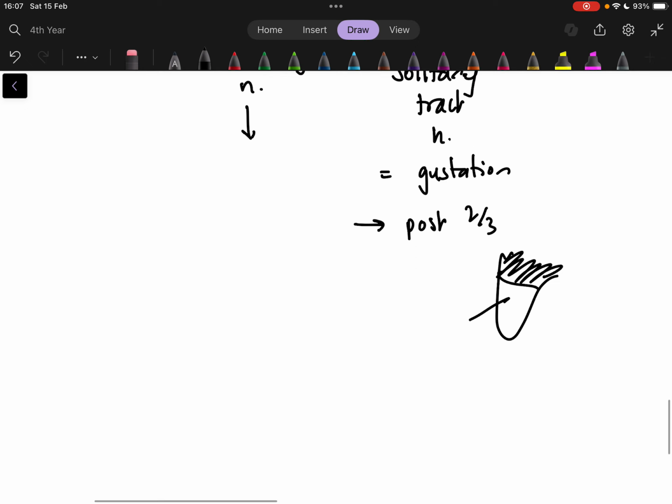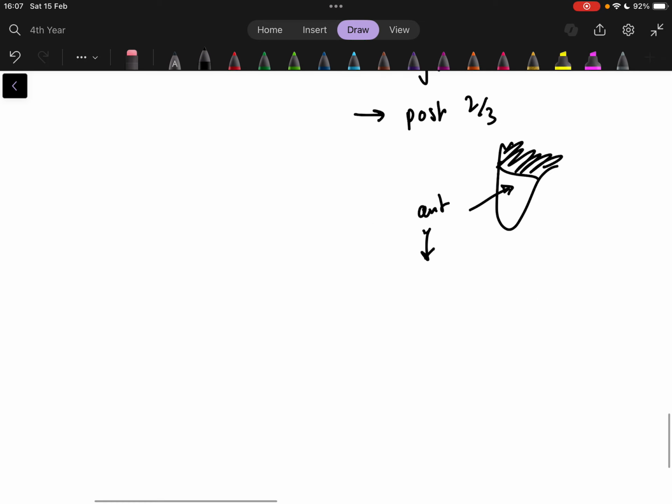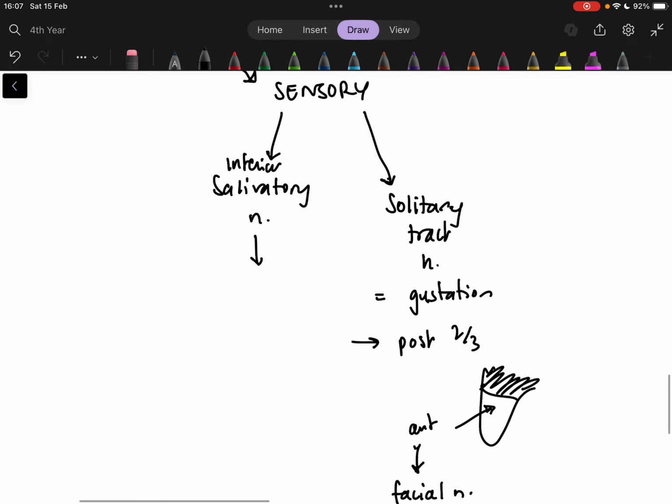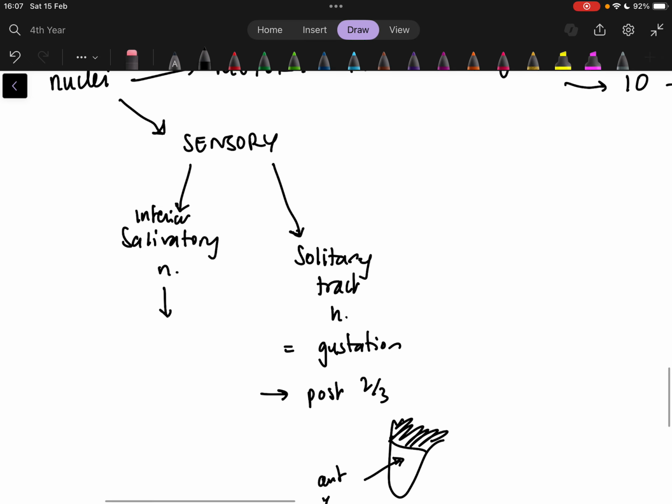If you know your cranial nerves, you know that the anterior third is the facial nerve. So that's that. We have the solitary tract nucleus, the inferior salivatory nucleus for the parotid gland, and then we have another nucleus